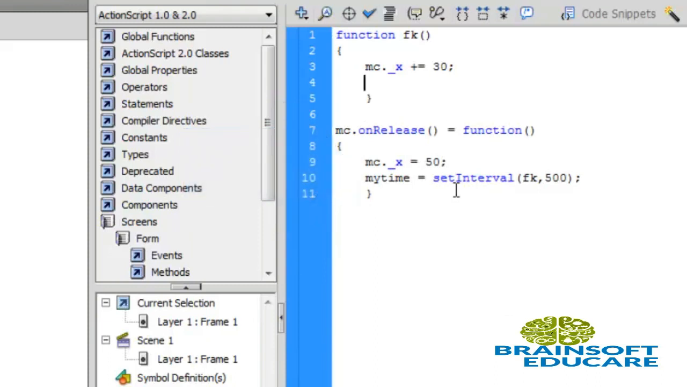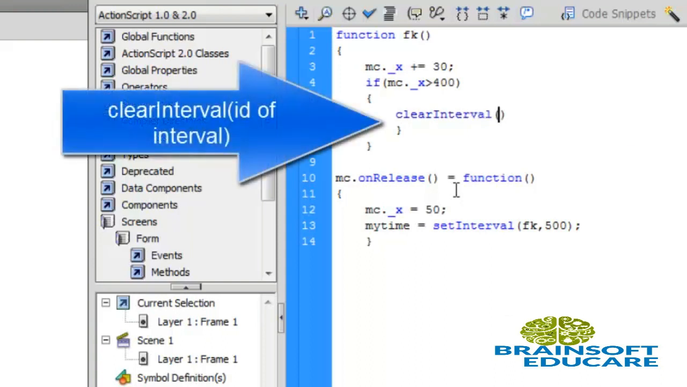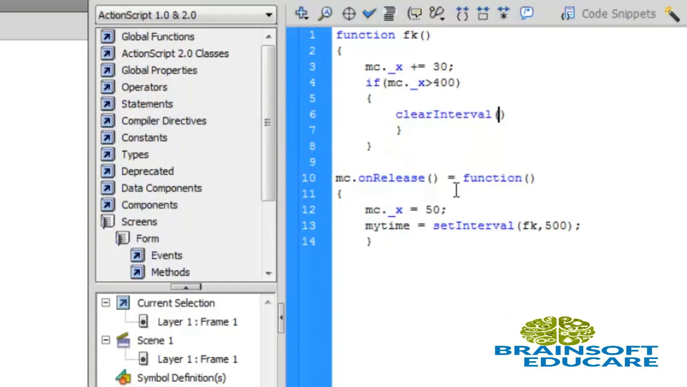and how to stop this box? If MC dot underscore x is greater than 400, okay, at that time clear interval, and name of interval. See the syntax for clear interval, and then interval ID means name of interval, which is my time here. Okay,